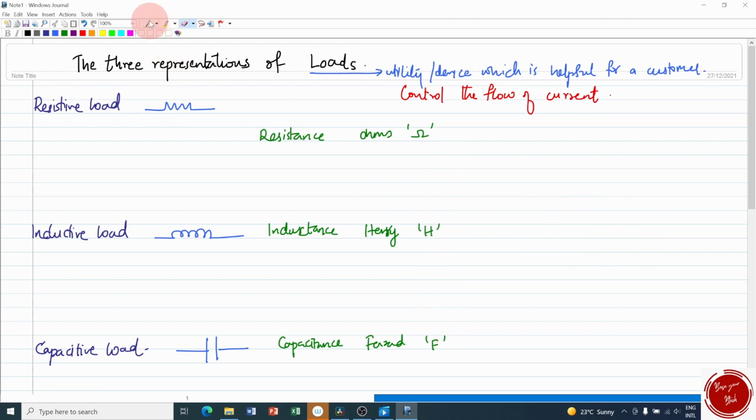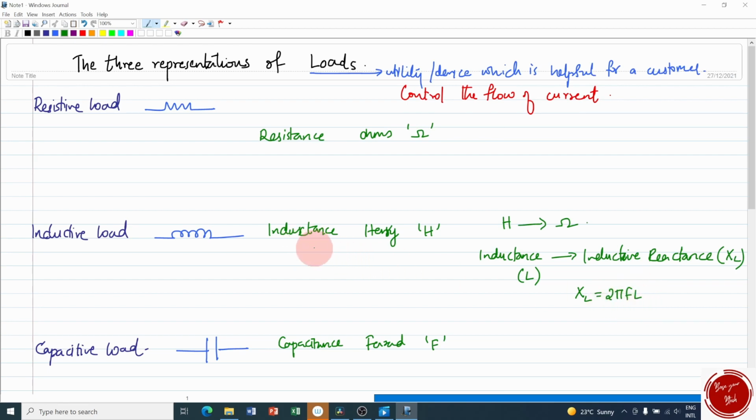So, when the Henry is converted to ohm, this inductance will then be termed as inductive reactance, denoted as XL. So, inductance L is converted to XL, and a simple formula is there. XL is equal to 2 pi FL, 2 pi into the frequency of the change in current.